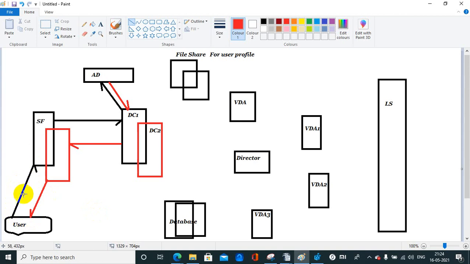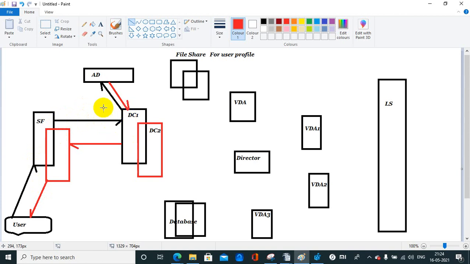This is happening on port 80 or 443. If it's a secure site, it's 443, or it's 80 for HTTP. It's based on HTTP or HTTPS. Here the communication is on port 80.